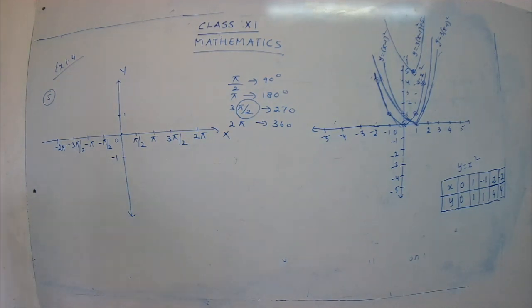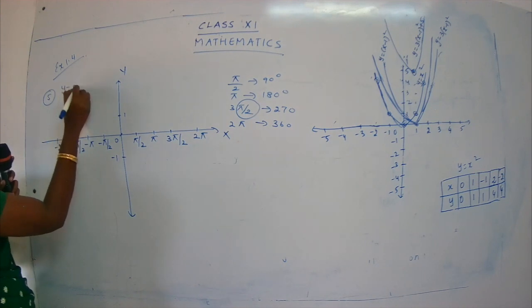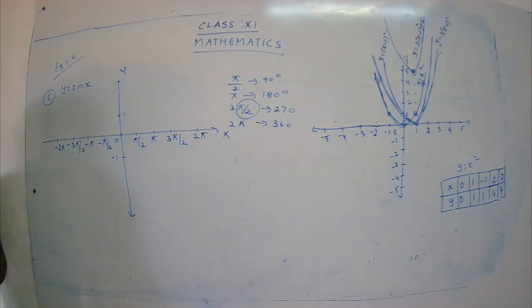Okay, so let's see how to plot the graph for sin x. So I'm just drawing the curve for y is equal to sin x. This is important because from the original curve only we are going to apply the transformations and get a new curve. Yes children? So let's draw the original curve, that is y is equal to sin x.